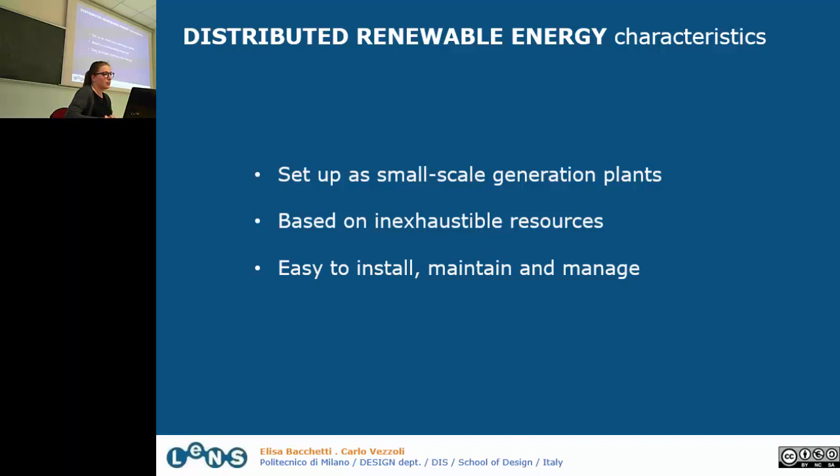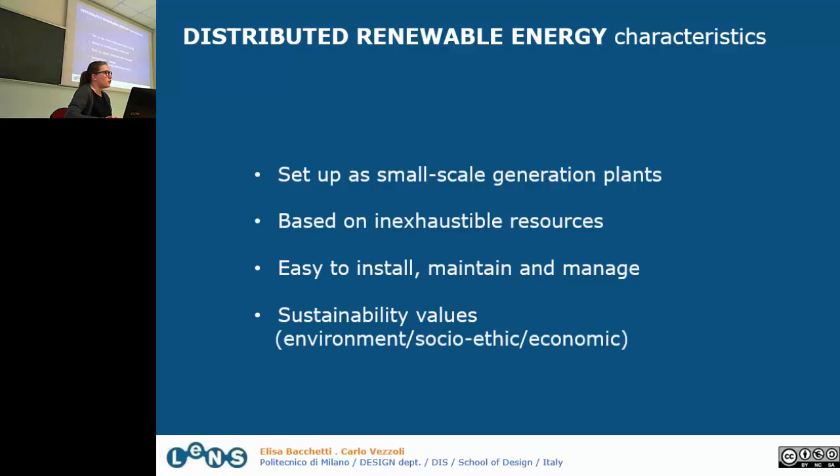And this also is another part of the thing, because they can favor local employment and local development of skills. Because it's not that from Italy we are producing energy and we are giving to someone else, but everyone can produce his own, can generate competencies, can generate employment and empowerment locally. And of course, they have some sustainability values that most of them are shared in general with the distributed economies that you saw before, but they have some